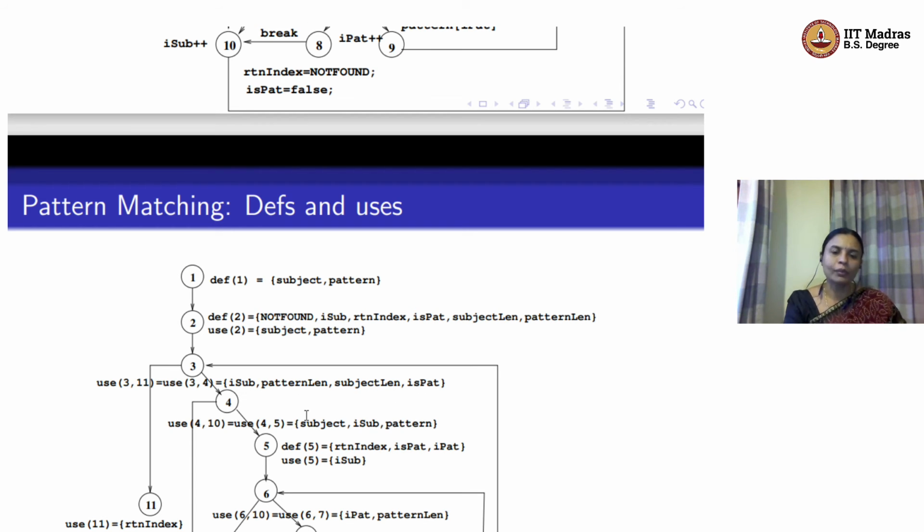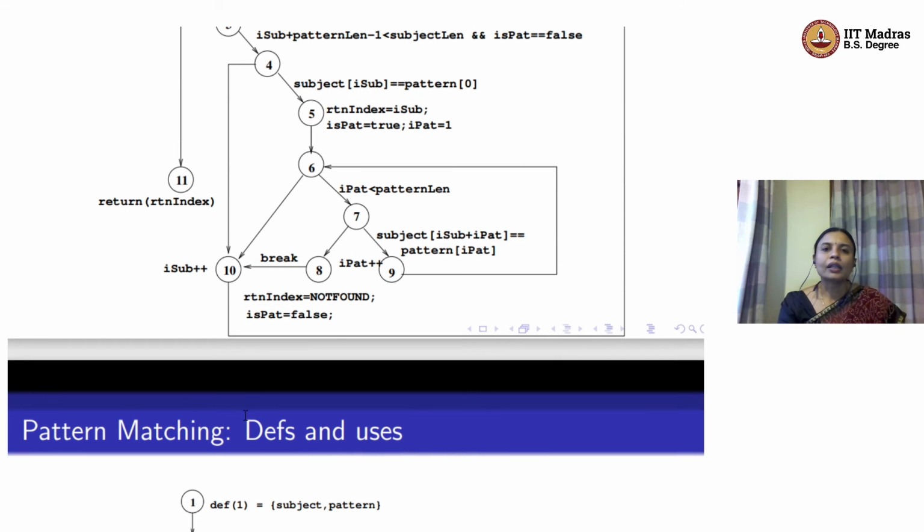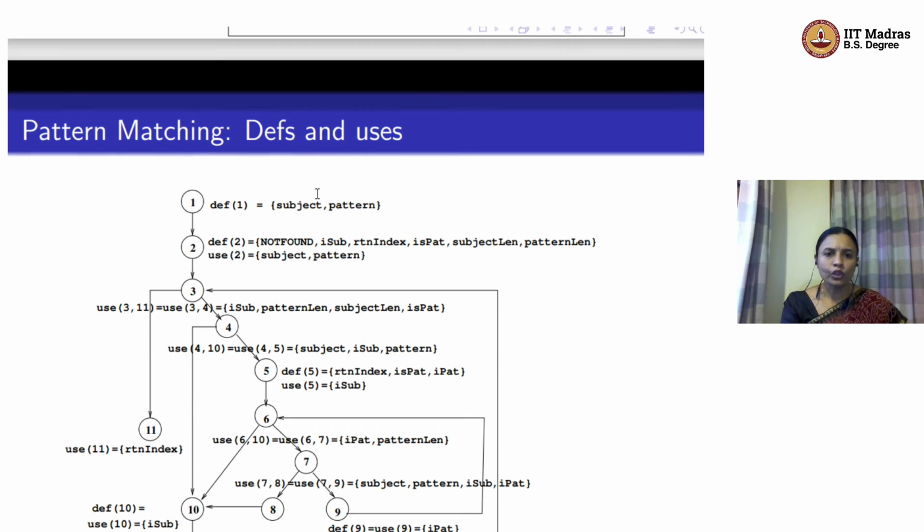Similarly, for this if statement, what is the predicate? The if statement checks whether subject I sub is the same as pattern of 0. So the uses of edges 4, 5 and 4, 10 are nothing but the variables subject, I sub, and pattern. Similarly, I go on marking definitions associated with the nodes, uses associated with nodes, and uses associated with